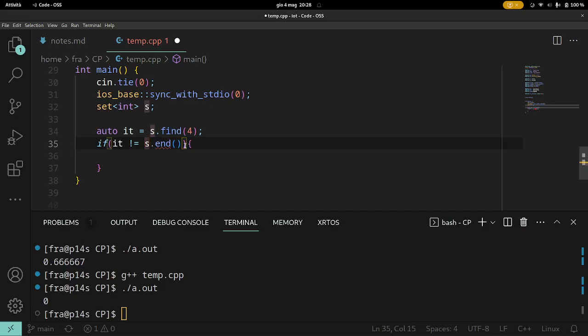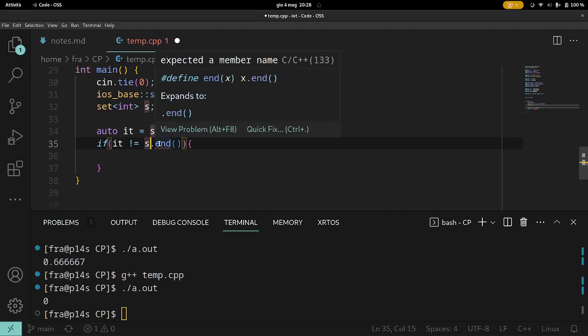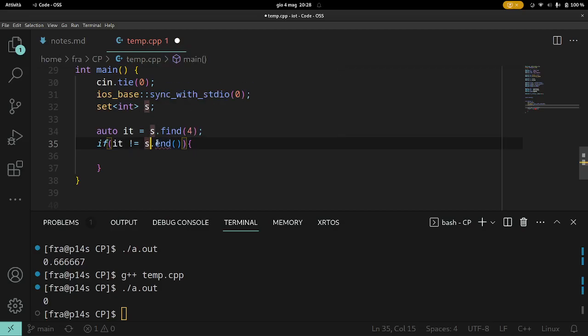So for checking whether 4 is in that set or not, you can use the thing Hasan wrote. Like this? Okay, it's correct. I have a macro. Okay. So basically, when you want to check if an element is in a set, also in a map, technically, you write it like this. Auto type is a way to automatically get the type.